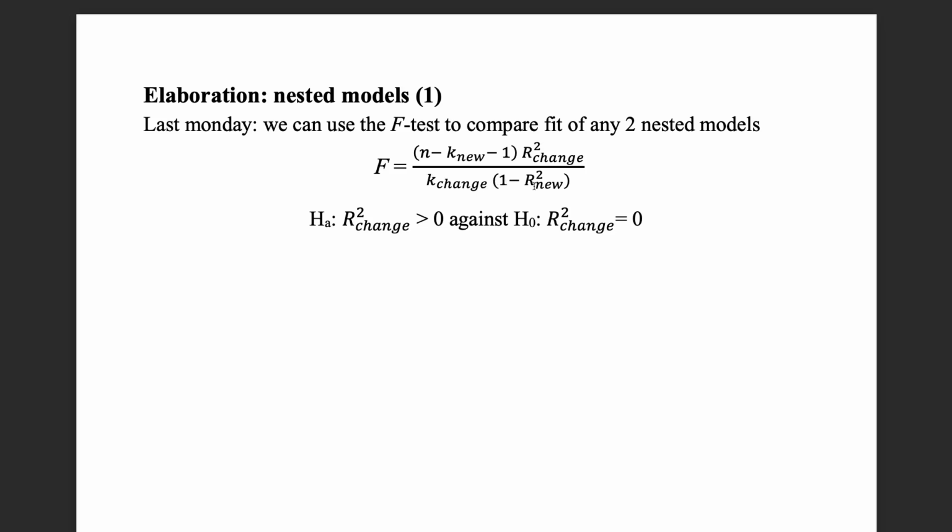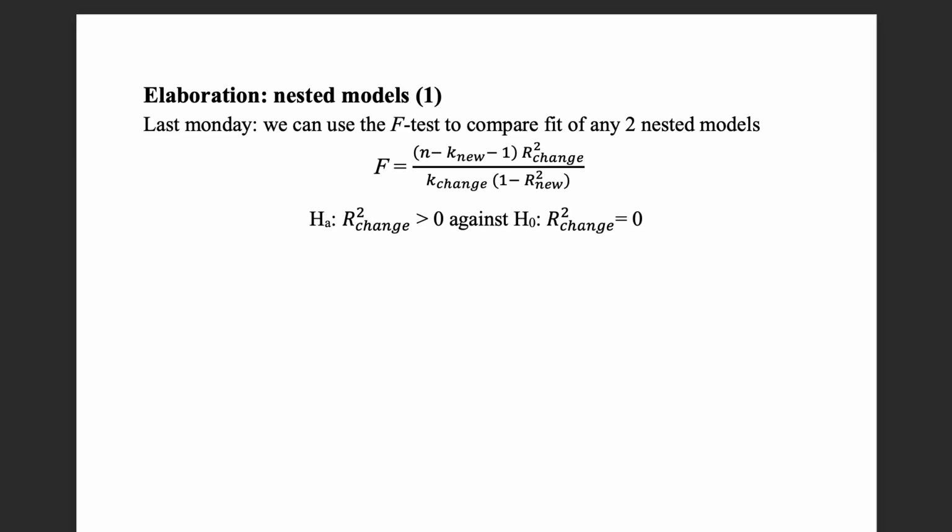Multiplied by 1 minus the r square value in the new model. So in other words, the unexplained variance, 1 minus r square. If r square is the explained variance, then 1 minus r square is the unexplained variance. So 1 minus r square new is the unexplained variance in our new, more complicated model. And if we calculate an f value like that, then we know that this test would allow us to test